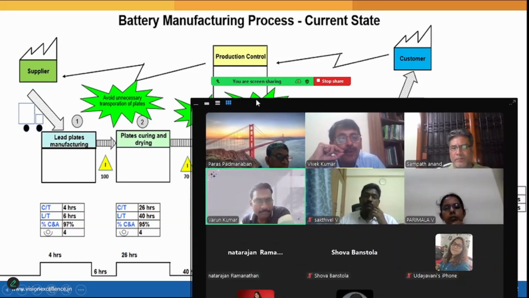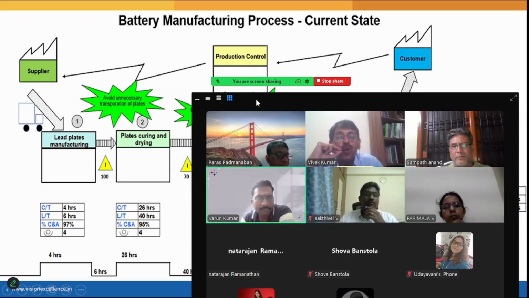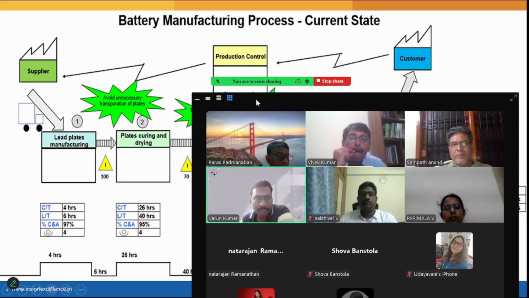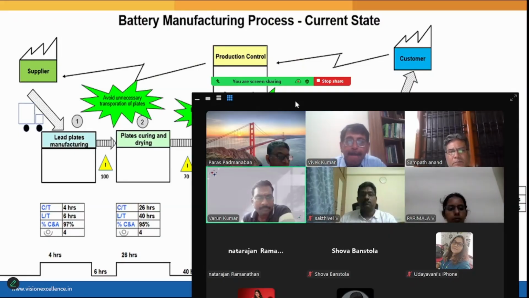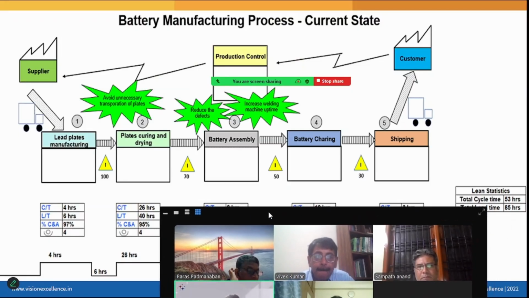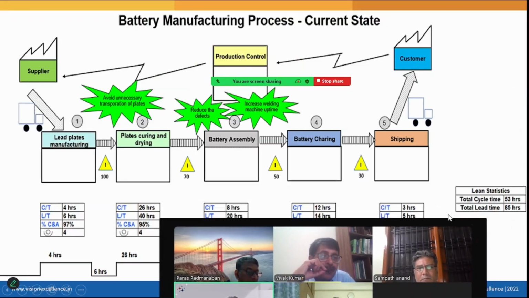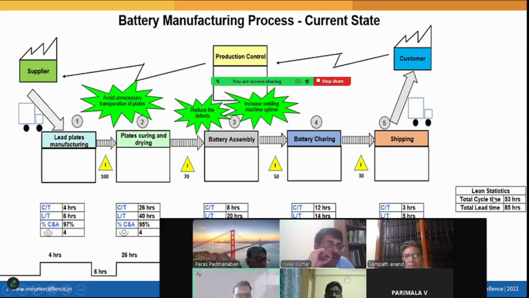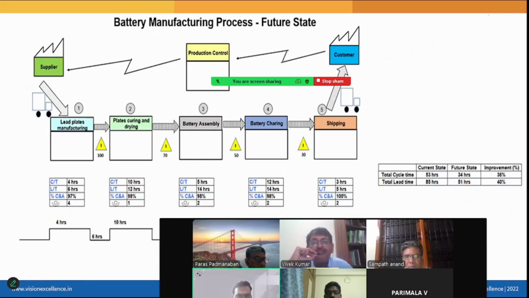Those are to be marked there, and based on those improvement opportunities, can you see before improvement what the situation is here? What is the total cycle time? 53 hours and total lead time 85 hours. That is exactly what we calculated. And after the improvement,